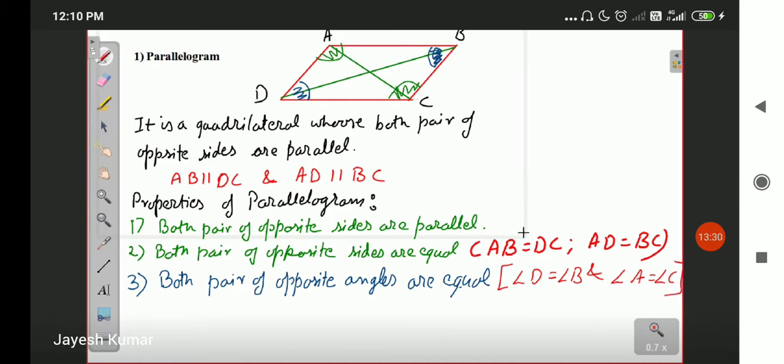Okay, I am not writing down the basic property of quadrilateral, that the sum of all the interior angles is 360 degrees, the sum of all the exterior angles is 360 degrees. A parallelogram consists of 4 lines, there are 4 sides, 4 vertices, 4 angles. I am not writing down that, because I have already told you that it is a kind of quadrilateral. So with the definition itself, I have said that all the properties of a quadrilateral are included in the properties of parallelogram.